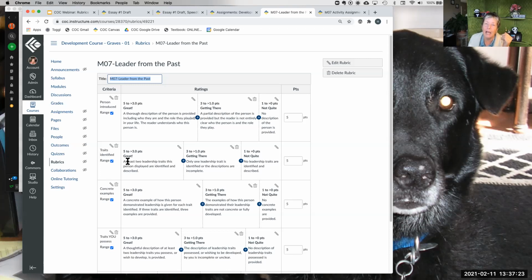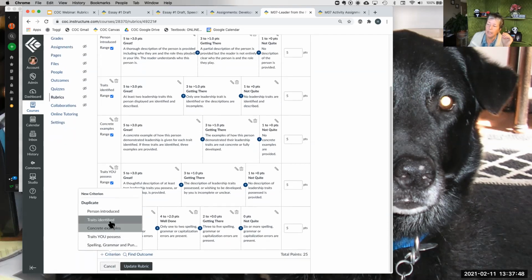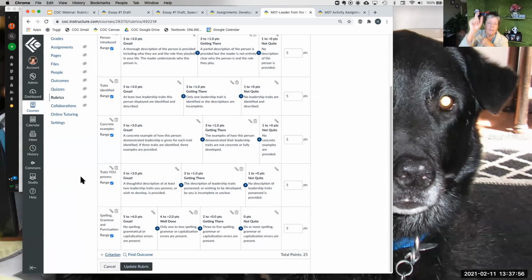So as Chloe was pointing out, you want to do a little bit of thinking ahead of time and planning. If all you do is come up with your criteria, maybe you don't write the whole rubric, but you come up with your grading categories and then figure out what order you want them in, then you can set all of those up. You've got the little plus criteria down here, and that'll give you a new criteria. It allows you to either copy the formatting of a previous one or start a new one, but you could just set up your 5, 10, whatever criteria, save the rubric, and then go in and edit. And that might be probably the quickest way.